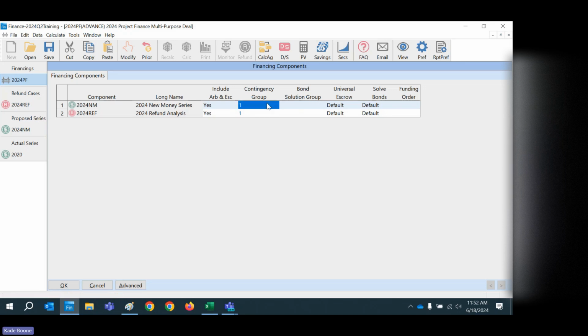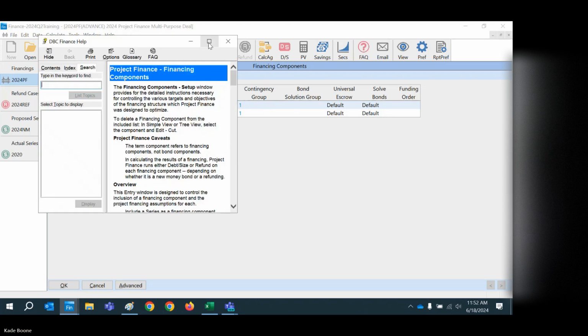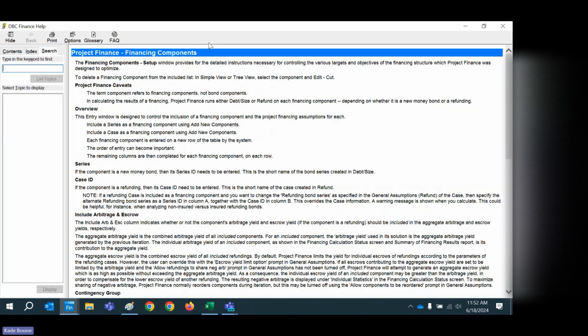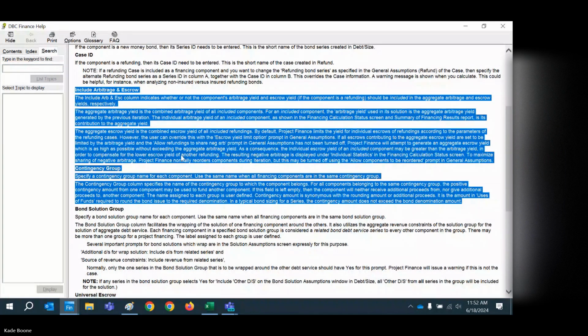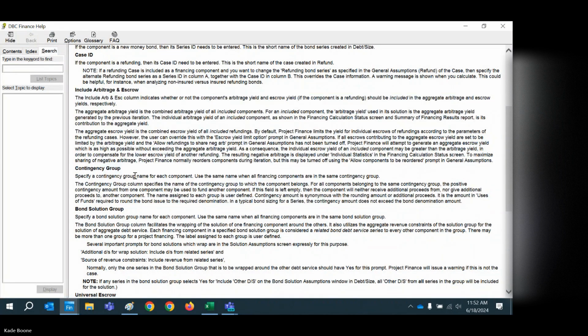If you say, I want to share, and again, the F1 key goes into a lot more detail in terms of what's included, what's not,